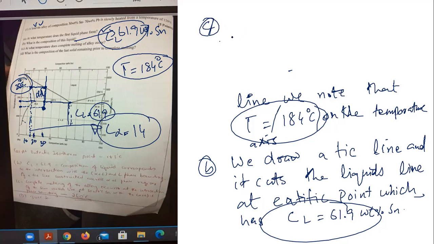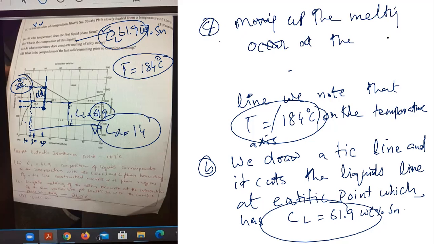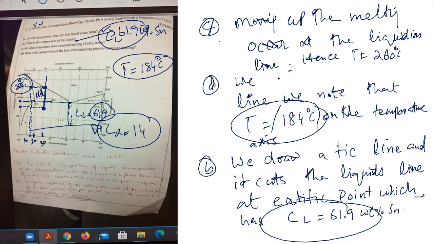What about part C? Part C says melting of the alloy. Moving up, the melting occurs at the liquidus line, hence T is equal to. And part D is simple. We draw a tie line, and C_alpha is equal to